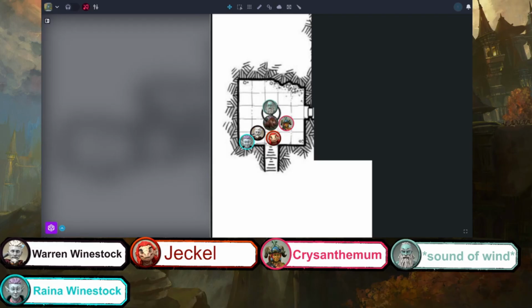You do also, because you swung with your quarterstaff, you can follow up with... sorry? That was just 7 + 1. She had +3, right? Yeah, she did have a +3, but a 10 still wouldn't have hit. Wait, she had a +5. Would a 12 have hit? Hey, guess what? A 12 does hit.